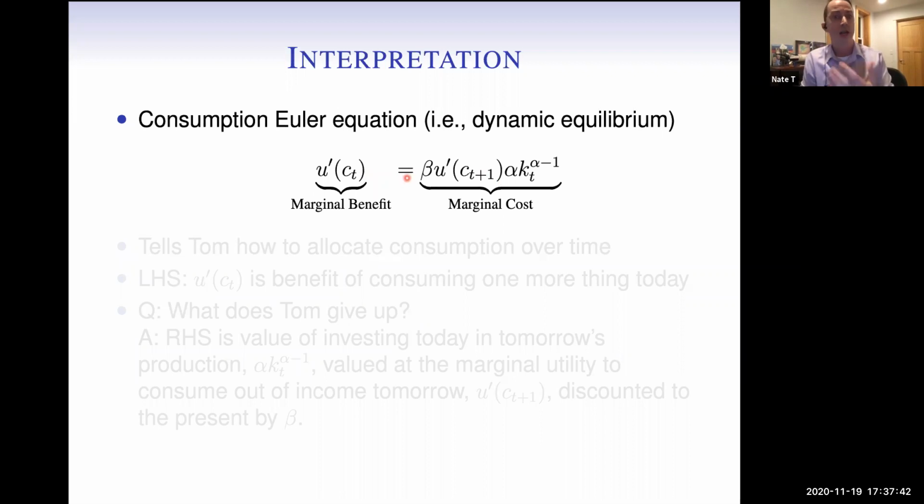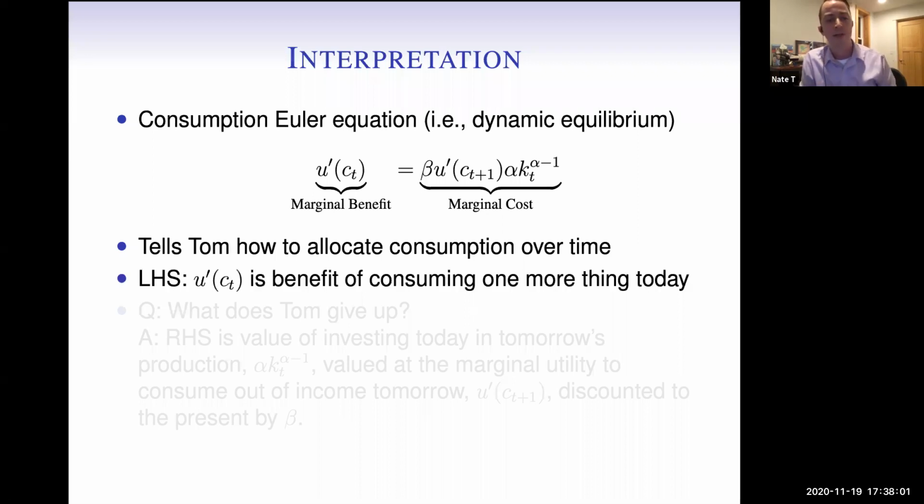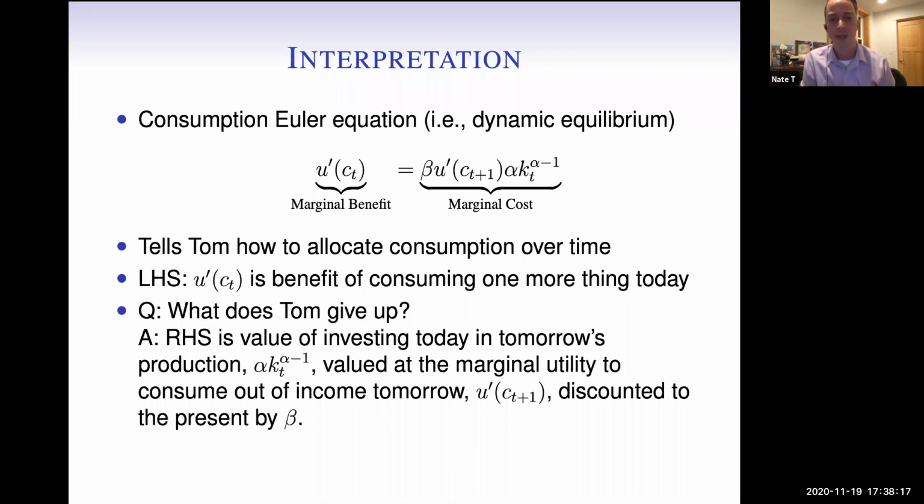And so this is actually a dynamic equilibrium equation. We've got something today equal to something in the future, and we can interpret these as benefit versus cost. So this equation tells Tom how to allocate consumption over time, the solution to his optimization problem, to maximize his happiness. The left-hand side is the benefit of consuming one more thing today to Tom. And if he consumes one more thing today, then he's giving up something. Instead, he could have had some kind of investment that would have helped him be more productive in the future. So what does Tom actually give up? That's the right-hand side of this equation, the value of investing